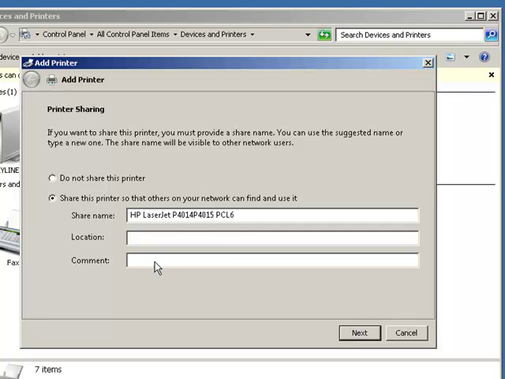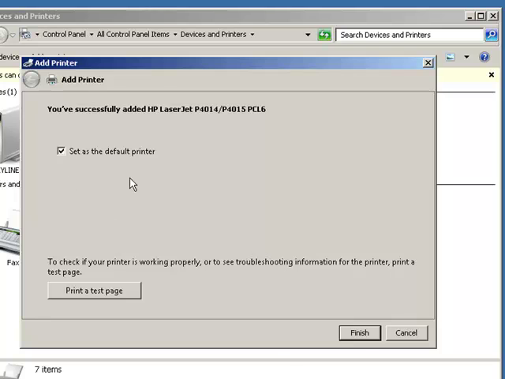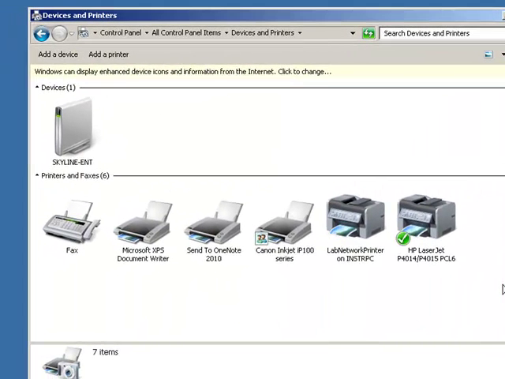So this one says, and we'll put in the location, we'll say library. Next, set it as the default printer. This one actually will print a test page. I'm not going to do it. I have asked you guys to do that. I've now changed the default printer, so to install it to an IP address, if you have one of those devices at home that plugs directly into your network and you don't want to have the print server, the machine that you've shared it out on, you can install it via an IP address by using that process. So we can manage who, we can manage when,